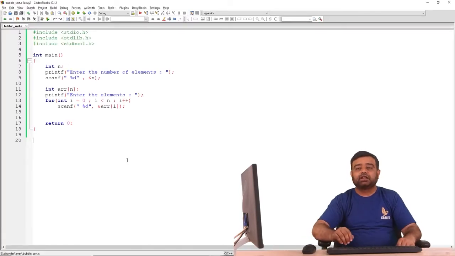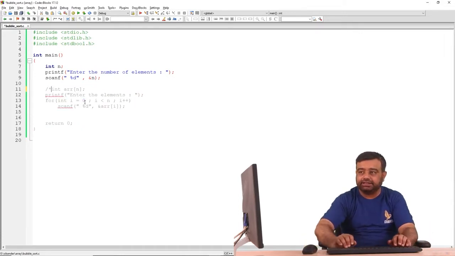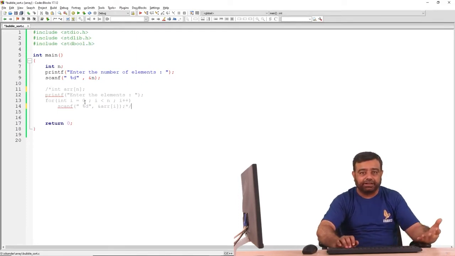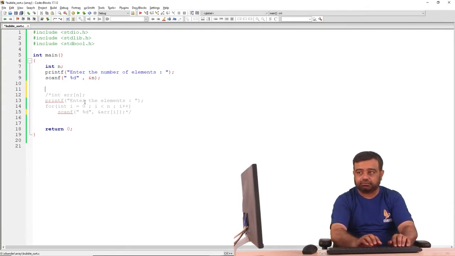Here I have the code to read the elements from the user, but instead of reading the element from the user, I will just try to initialize the array. Once we work this with proper data and we understand how things are working, then later on we can always take any data which is coming from the user at runtime, and then we can sort the data. For the time being, I will just try to create an array,